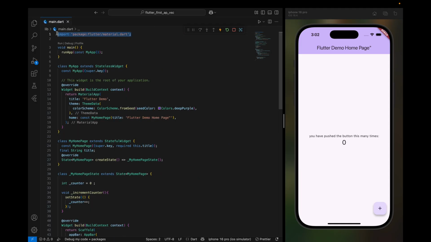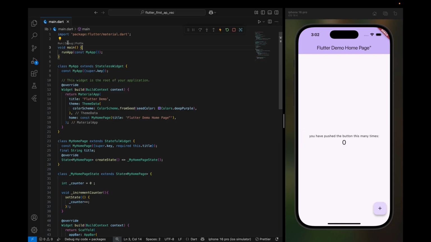First of all, we have this import right here. This is the core package for Flutter applications, because this will give us access to widgets, stateless widget and stateful widget, as well as material widgets. So Flutter is based on the Android material design guidelines, so we have to import this package every time we're creating a new widget. After that, you have the main method, and inside of it we have a function,